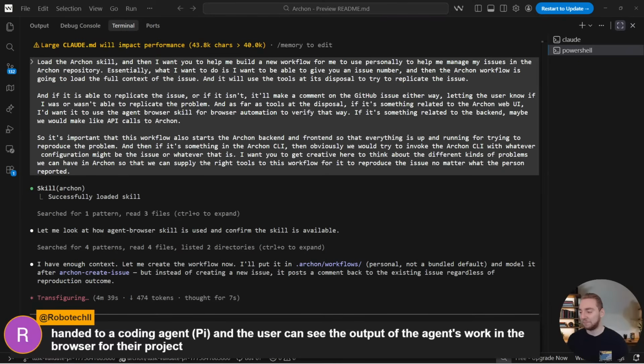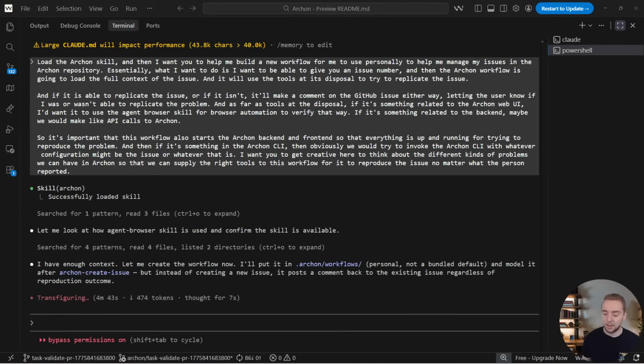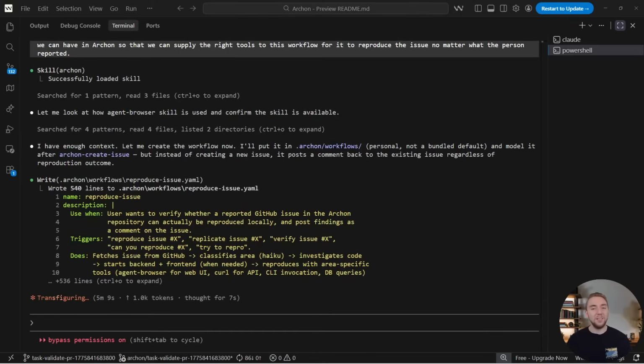I love that. And yeah, one of the most important things when you're planning something with a coding agent is to have it ask you questions. I always recommend doing that because the number one goal for you during the planning process with a coding agent is to reduce the number of assumptions that it's making. Because more often than not, when a coding agent messes up a piece of work for you, it's not because the code is bad, it's because it's not aligned with what you actually wanted to build. Like, this isn't how I would have solved it. This isn't how I would have implemented that feature. And that's really on you.